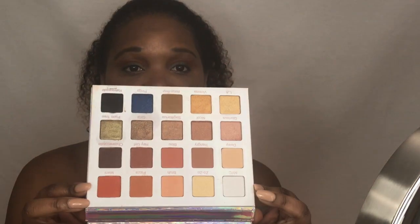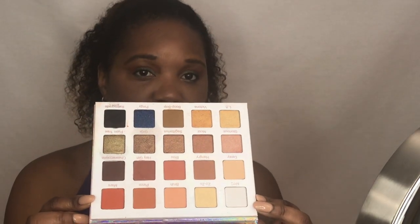So on my eyes, I'm using the Violet Voss times Nicole Concealio. This palette has a very wide range of colors, as I mentioned before. Has a mirror, which I love as well. But the colors here, some of them are not as pigmented. So the two colors that I have on my eyes to start, I have Pizza. I'm just going to pick up that color. So that's Pizza. And then on my other finger, I'm going to put Mars. Okay, so that's Pizza and Mars. Those are two orange colors. And I'm just going to show you on the back of my hand